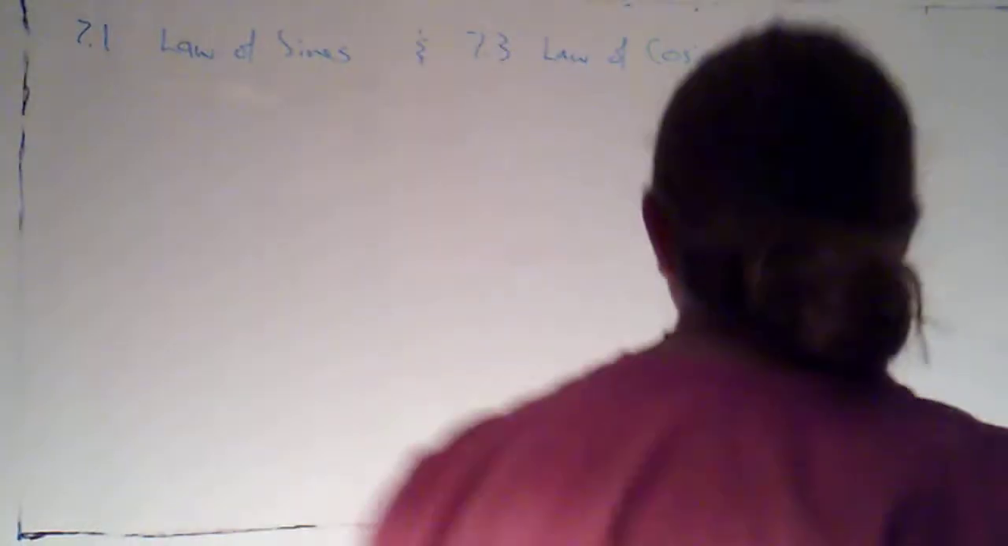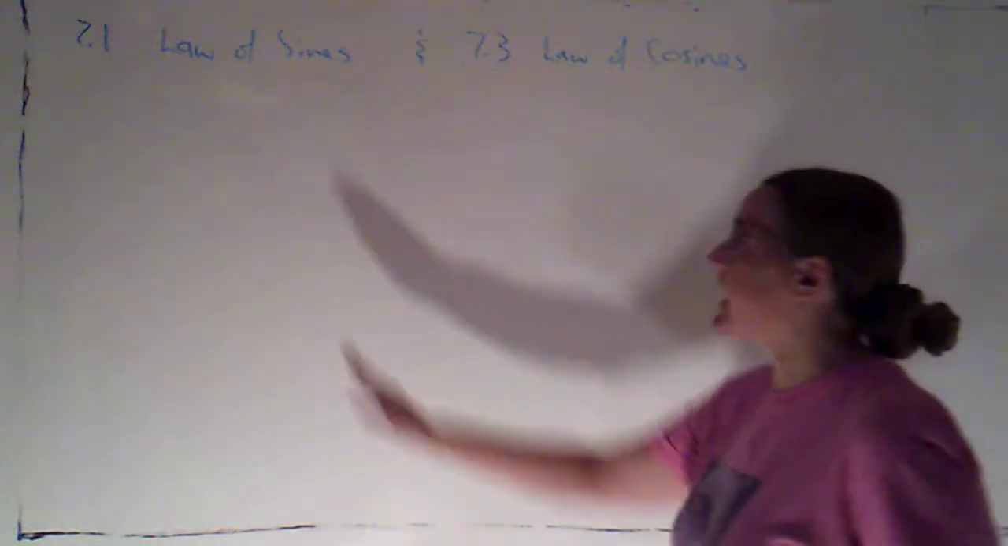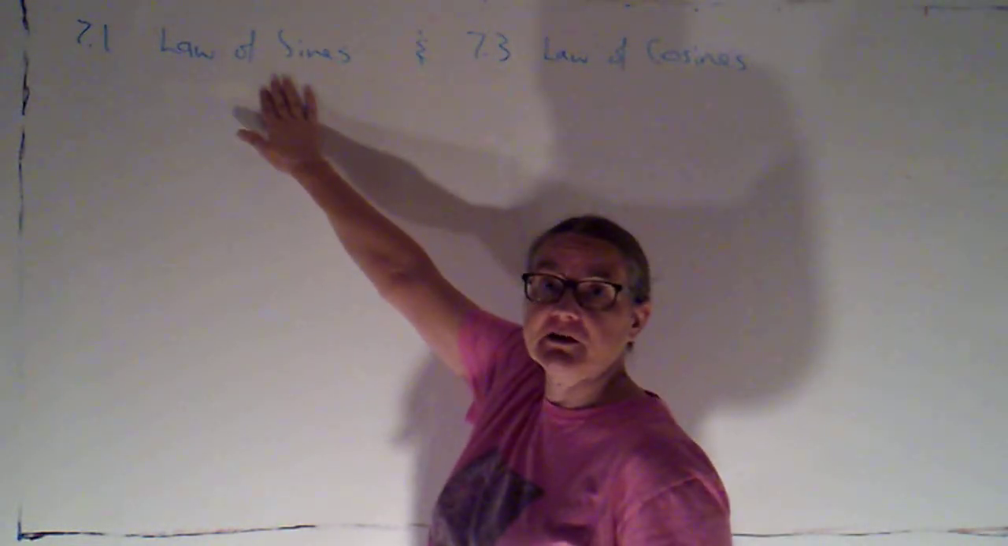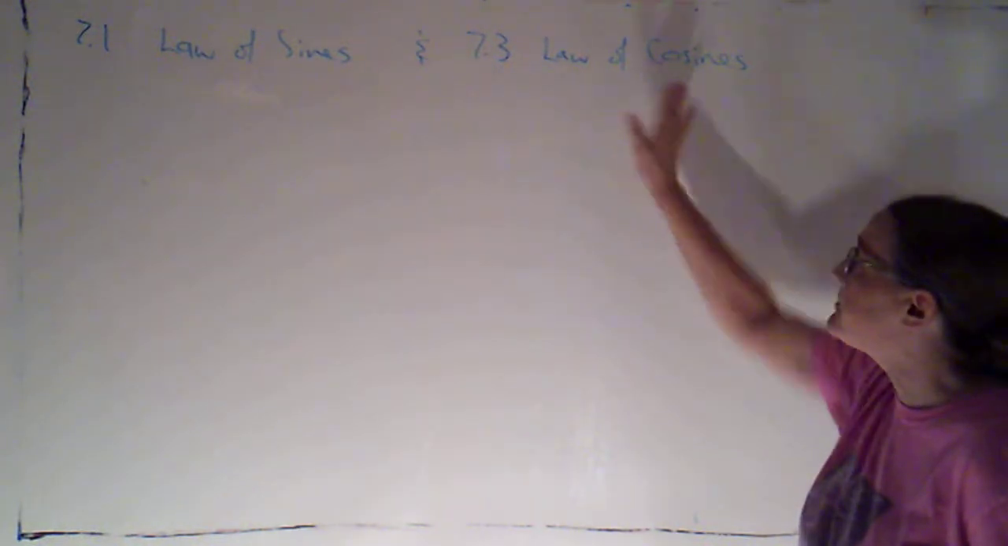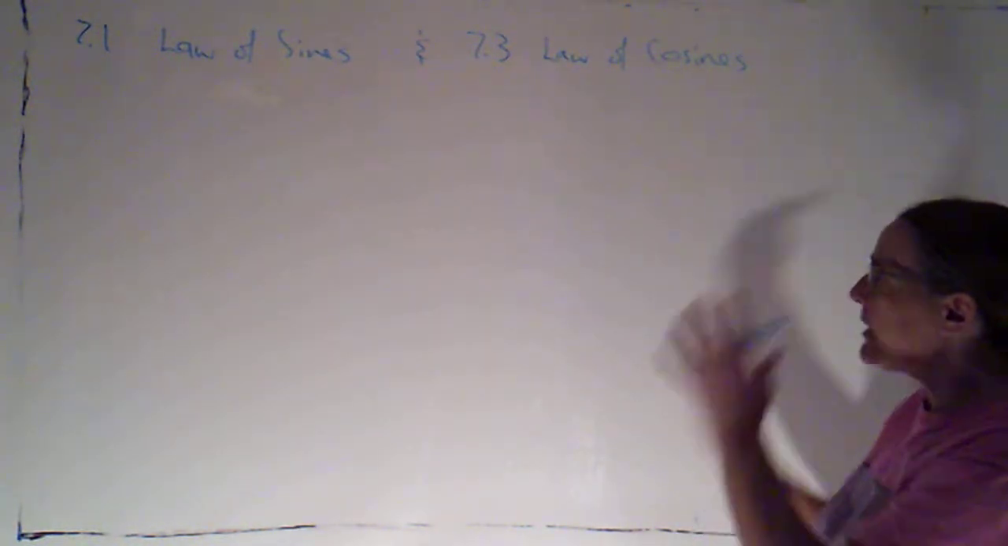Right, so we're about to take a look at Chapter 7. We're going to take a look at two sections, 7.1, which is about something called the Law of Sines, and 7.3, which is about the Law of Cosines. Okay. Before we do that, I want to just address